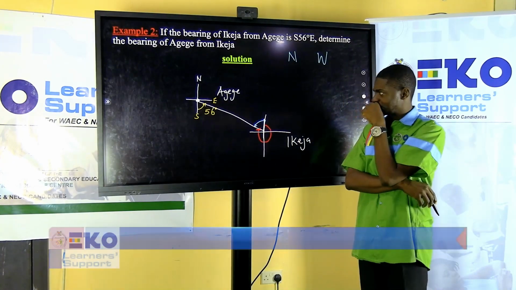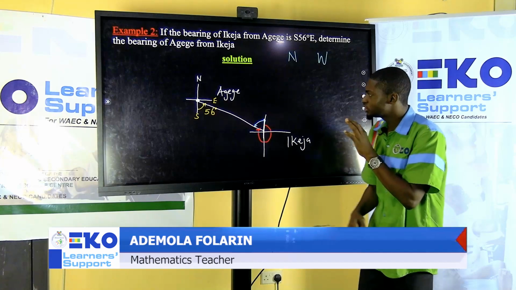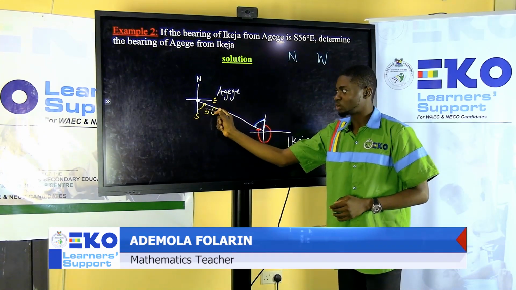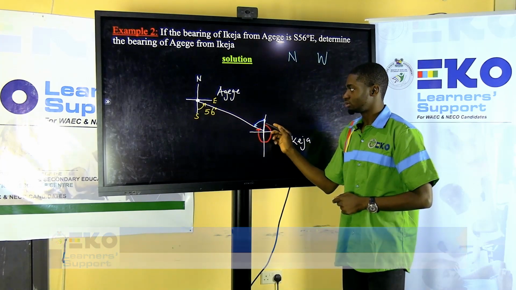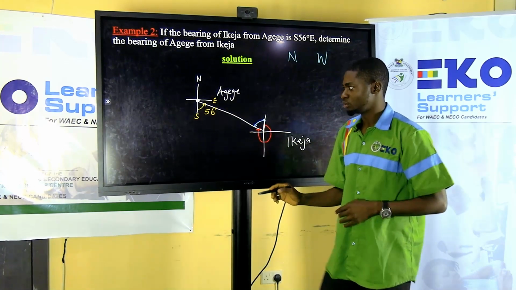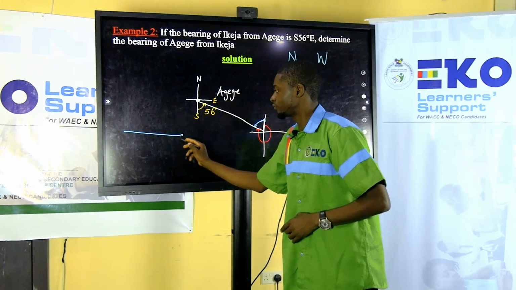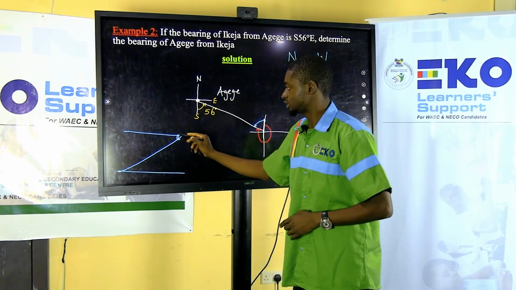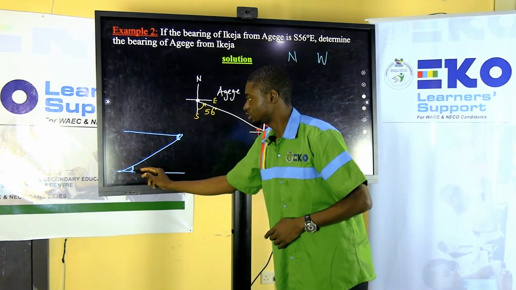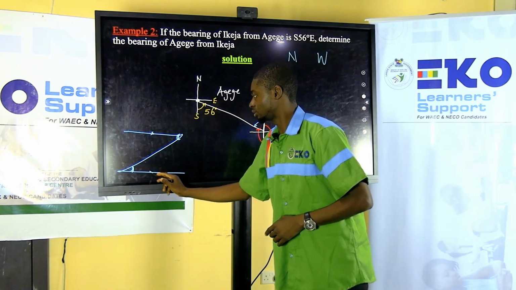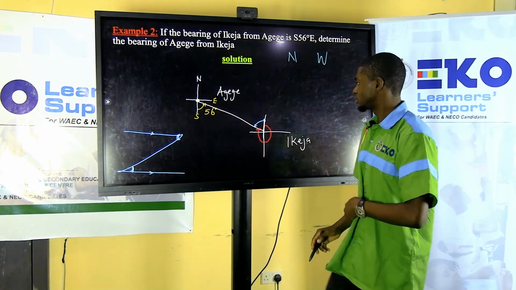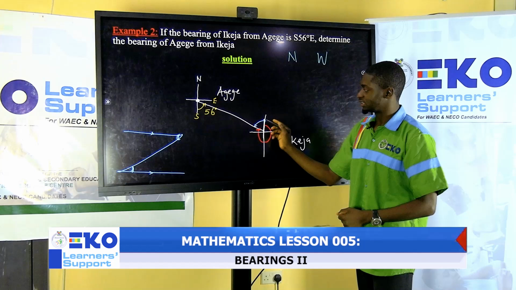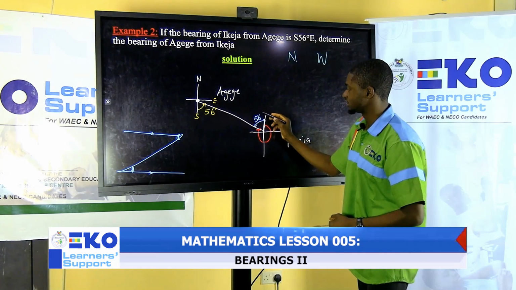So how can we determine this angle? Again, using the knowledge of alternate angles. Whatever this is, this will be. Alternate angle, Z angle. Maybe you have forgotten when you have this. If these are parallel, this angle is what this angle is when they are parallel. Alternate angles. So that is the knowledge we are using. So this will then be 56 degrees, right? If this is 56 degrees,